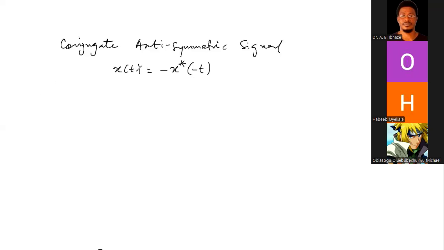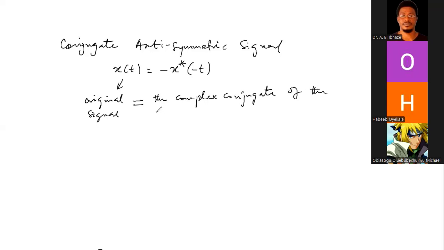So this now is the same. So it means that the original signal is the same as the complex conjugate of the time and amplitude reverse signal. Okay, so it means that if, for instance, we have